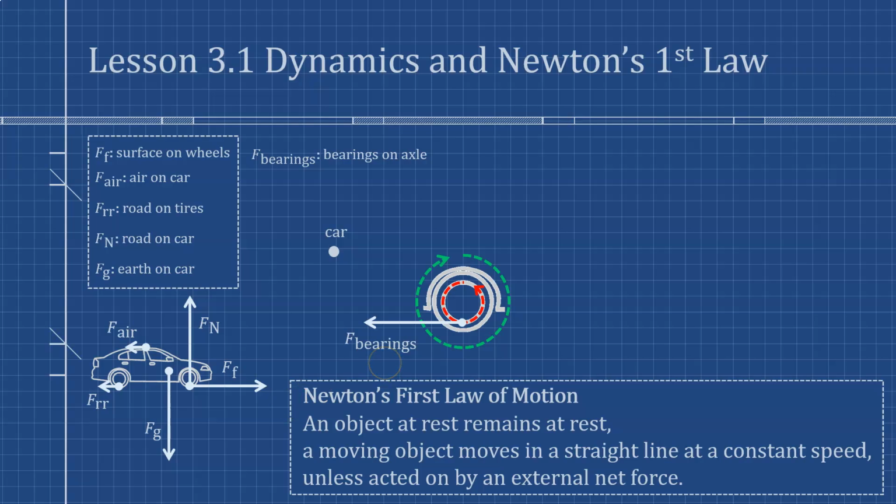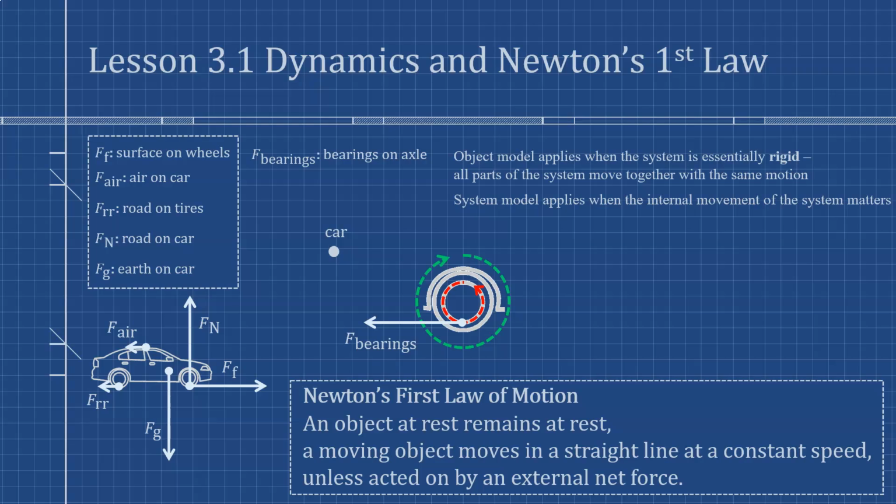You may remember that in an earlier video we talked about the object model versus a system model. An object model applies when the system is essentially rigid, which means we don't have to consider the individual parts of the system. We just assume it all moves together with the same motion. A car is pretty much semi-rigid. The wheels aren't moving at a different rate from the engine, at a different rate from the body of the car. Otherwise, they would all be flying apart from each other. They're all pretty much moving together. So we can consider a car to be an object, as opposed to a system,